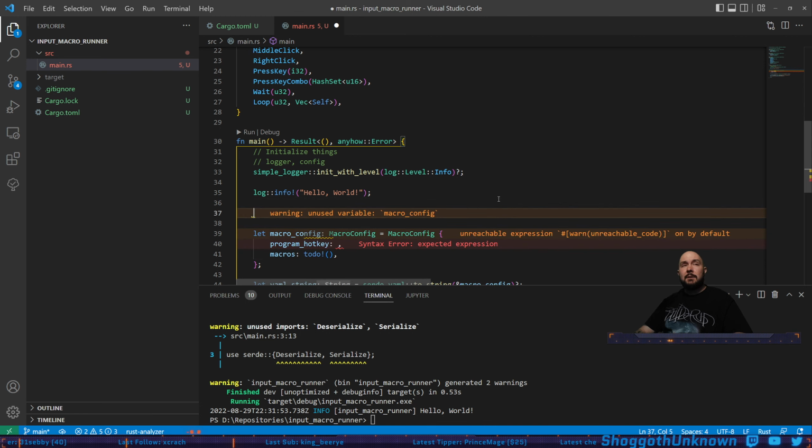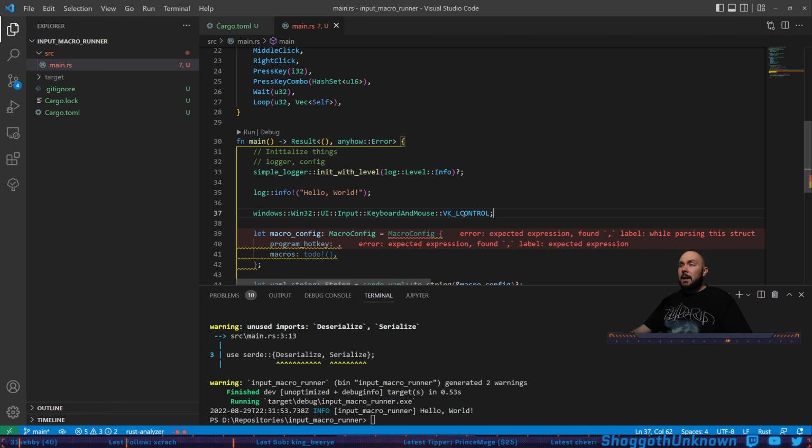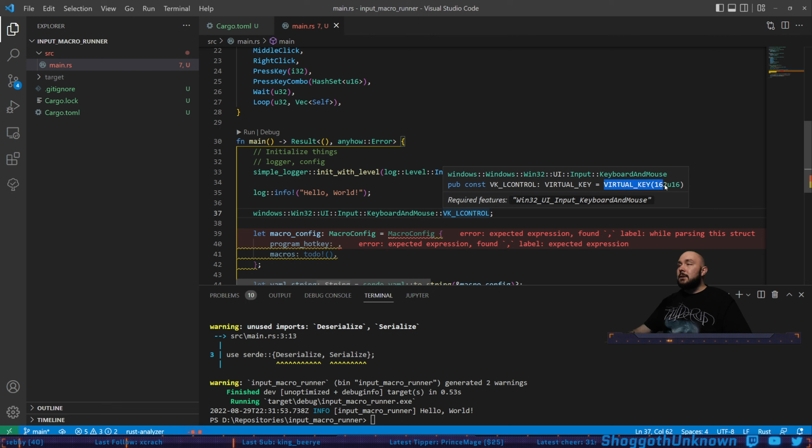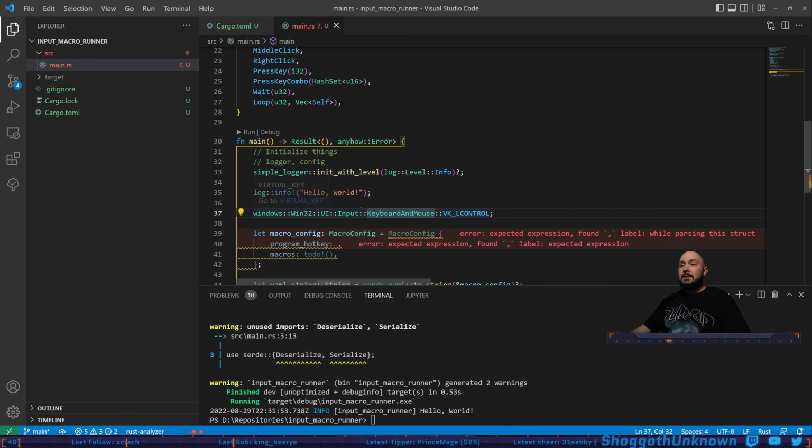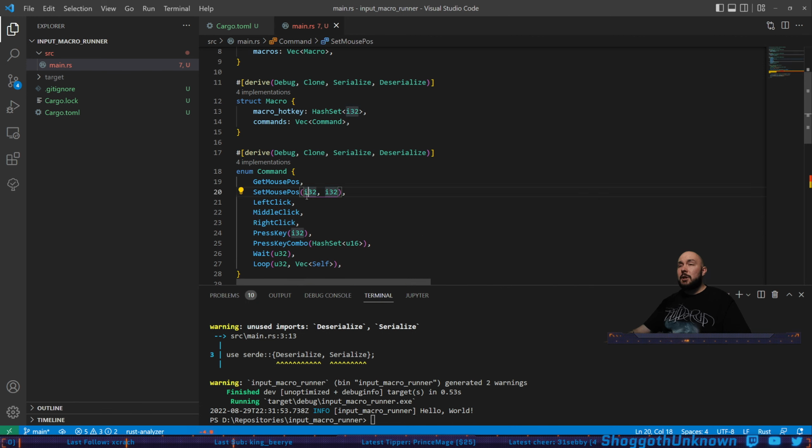That's why I wanted to go ahead and pull this in. And we can look at how we see this in the documentation as well. And so what we actually see here though is that this is a U16, not an I32. So the virtual key ends up mapping to a U16, and the value here is 162 for left control. So that's the number that I actually care about. So I'm going to change all of the keys to U16s